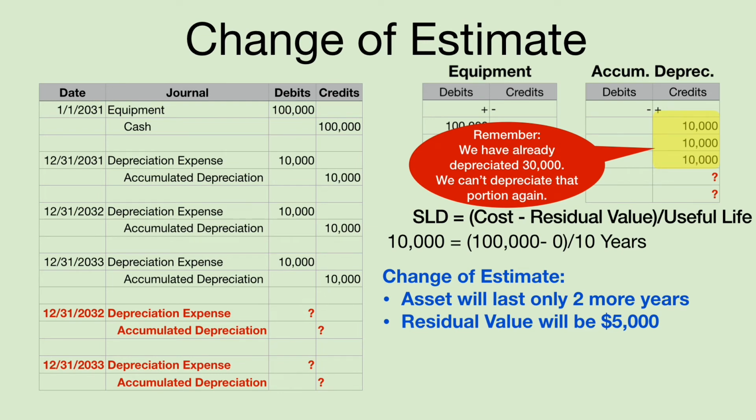Now we have arrived at the whole purpose of this video. We need to calculate depreciation for the next 2 years. And there are 3 things we have to remember. We have to remember that we have already depreciated $30,000, and we can't depreciate that again. We have to change the formula for that $30,000. I'll show you how. And we have to change that zero, the old residual value,